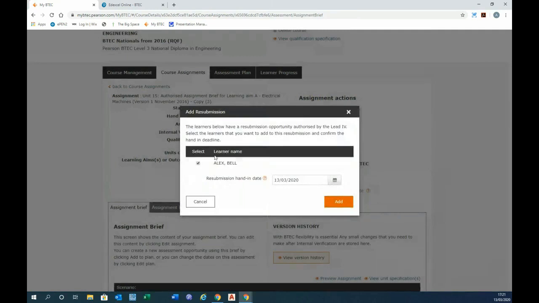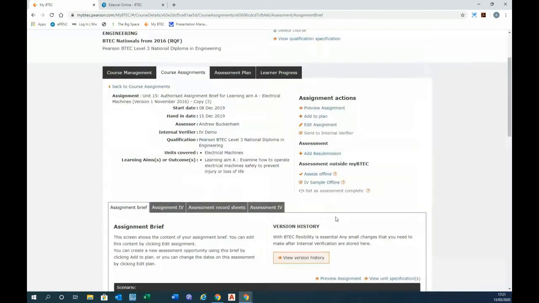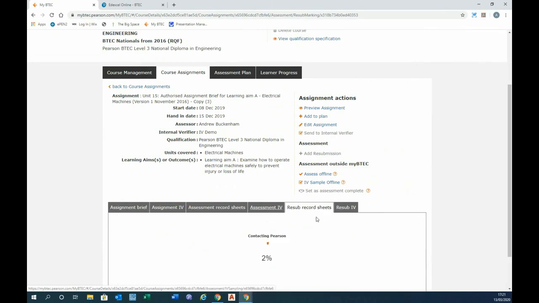There you go. So the resubmission handout date is going to be today, and I can add that in. And you'll notice that some more tabs will appear. Now I've got a resubmission record sheet and a resubmission IV should I want it. So I didn't IV the original assessment, but I could have done. But I have now created a resubmission